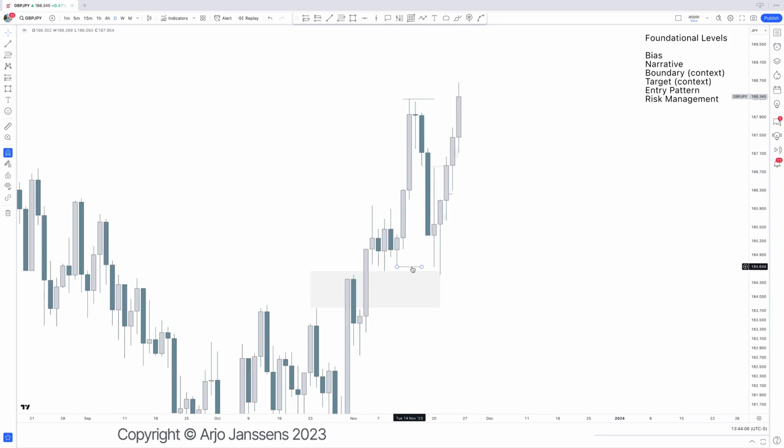But that is why it's very important. Yes, you also need to take into account the monthly. Yes, you need to take into account the weekly. Yes, the daily. Yes, the 4 hour. Yes, the 1 hour. Yes, the 15 minutes. But it's all going to make sense, so don't worry. So right here,